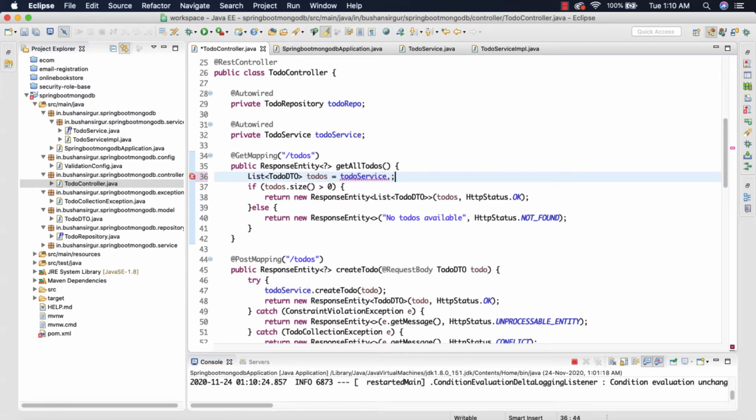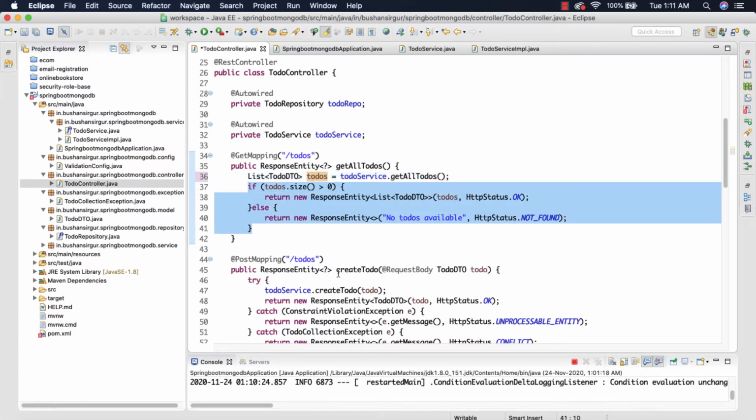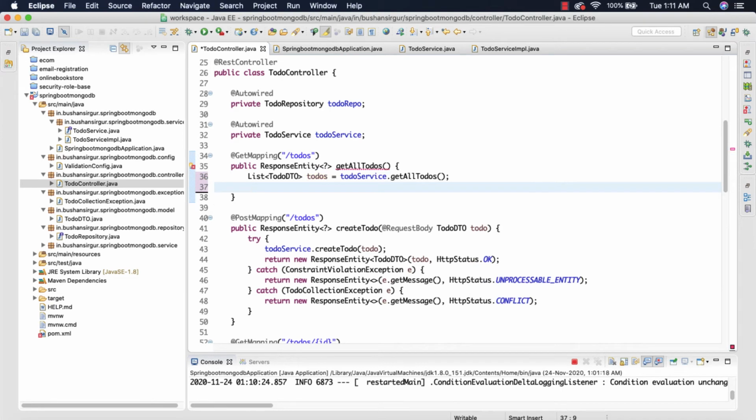So what we're going to do is call the method getAllToDos. This is going to return the to-dos. Let me get rid of this if condition because we have already transferred that code to the service layer. So all we need to do is return the response entity.